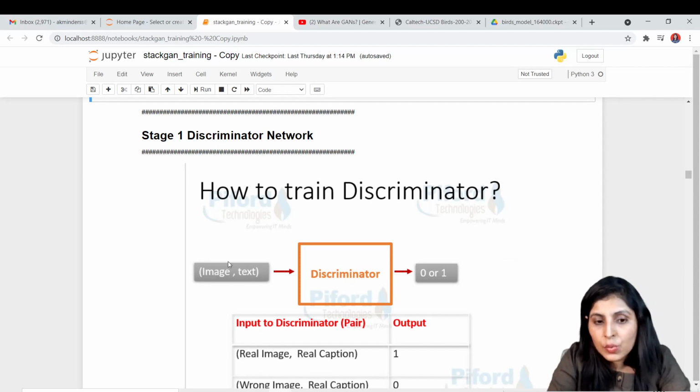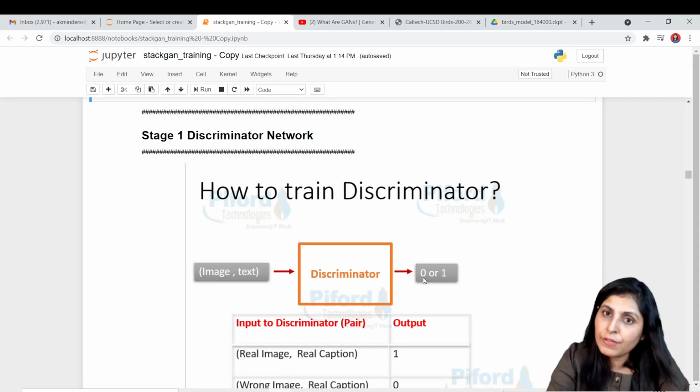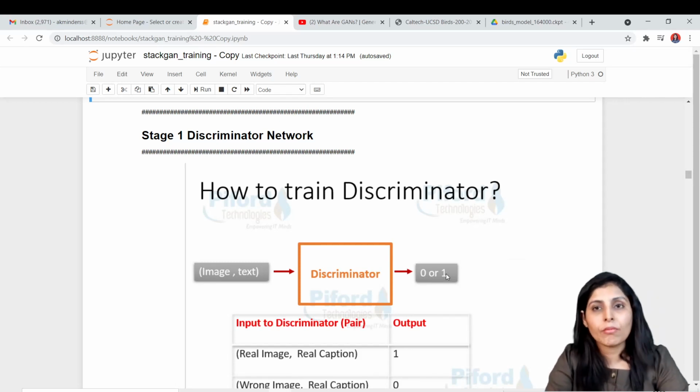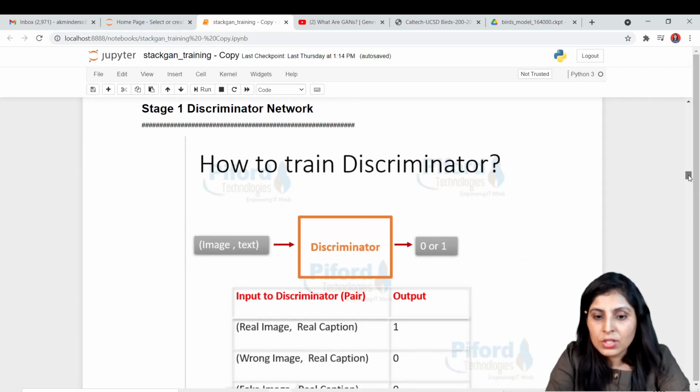So you will give the input to discriminator in the form of pair, and the task of discriminator is to classify, to provide us output as 0 or 1. It will give you output as 0 if the image is a fake image, and it will give you output as 1 if that image is a real image, right? So you can see the pairs over here also.